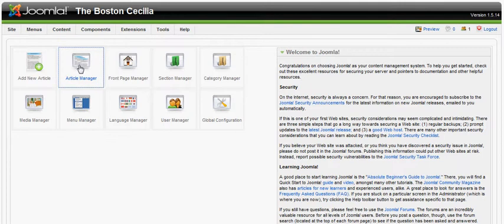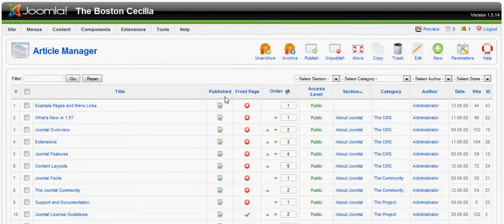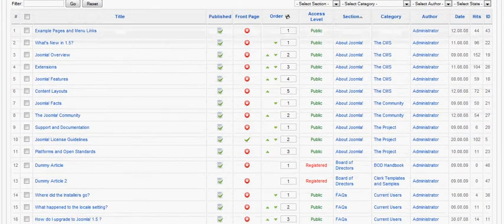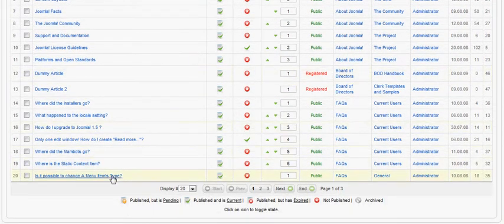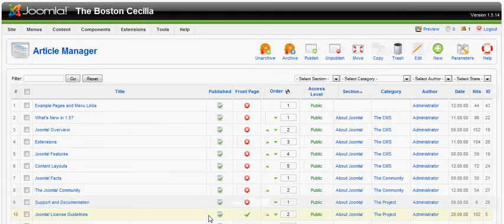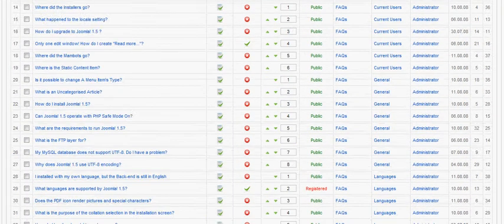We'll click on the article manager. Just waiting for that to load. And here what we see is all the articles. If you're not sure where your articles are, you don't see it here, make sure you've looked over here. Right now it's only displaying 20. Let's just go ahead and display all of them rather than paging through. Okay, now we can see all the articles that we have,